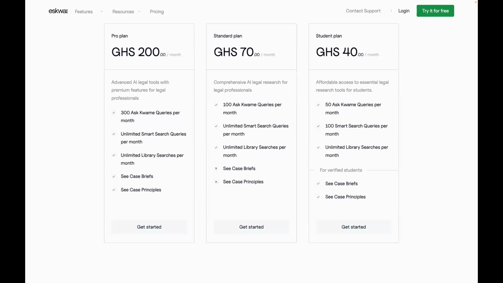Yeah. So, well, I guess the big one is how we do search. We already spent a lot of time explaining about semantic search, the fact that we use semantic search and they do keyword search. With keyword search, as everyone knows, it's very cumbersome. You have to find the right keywords to then find the relevant cases or legislation. But with semantic search, you just write it the way you would say it to a colleague, and then it retrieves the relevant cases and legislation. So that's one of the key ways Ask Kwame offers semantic search, so you don't need to waste time trying